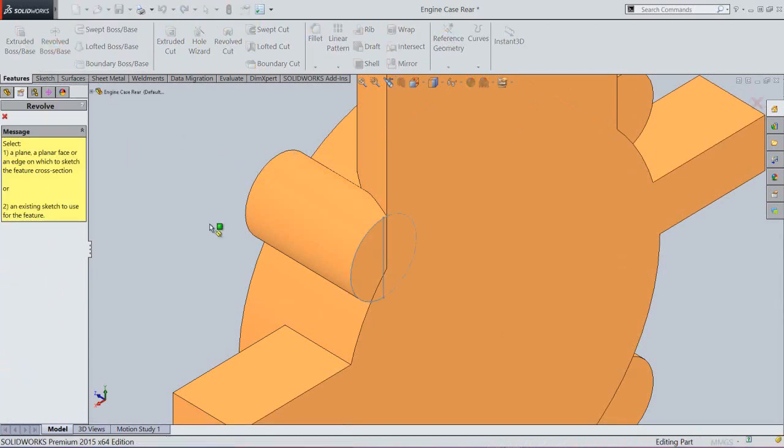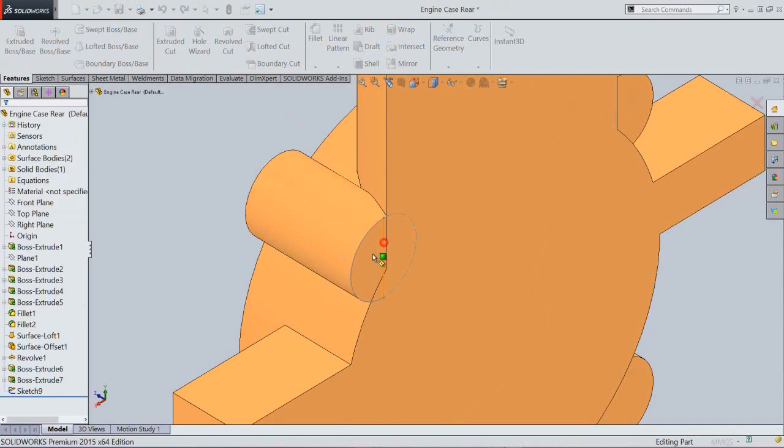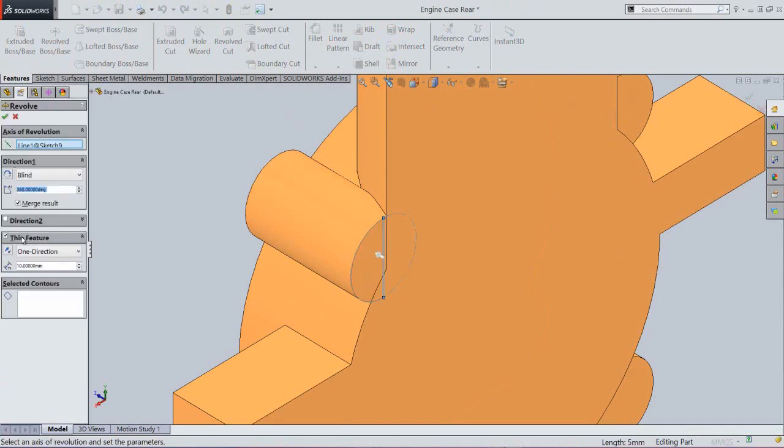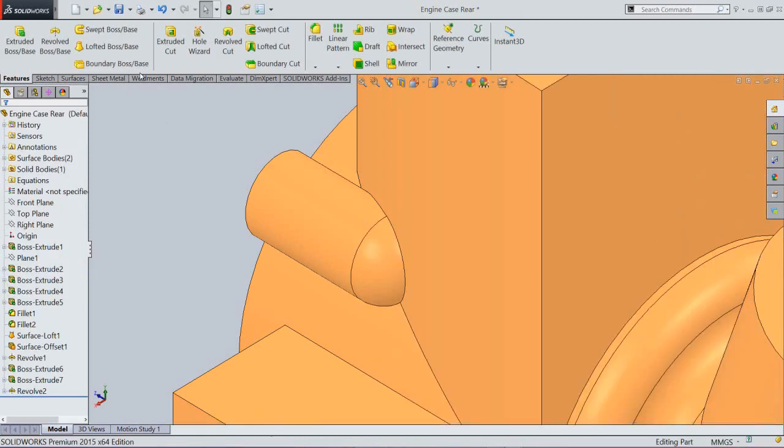Activate the revolve boss base command. Select this region and click OK. Now see, it is looking very nice.